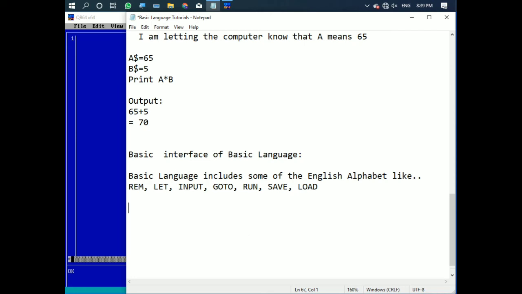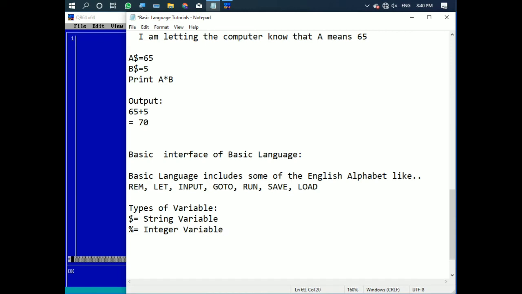Now we are going to move on to another thing, which is the types of variables. What are the types of variables? The dollar sign is a string variable, as I have said. The percentage sign is an integer variable.